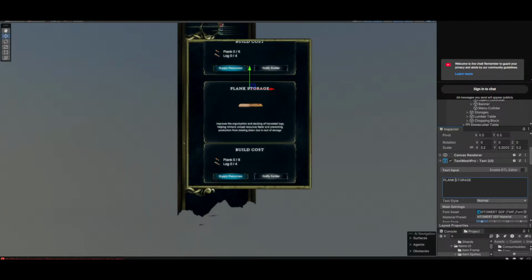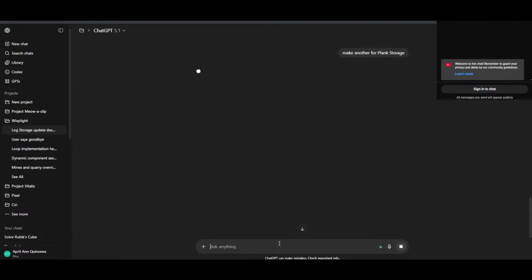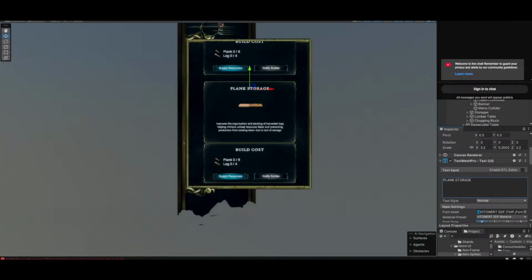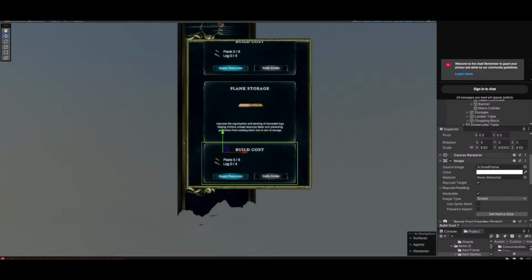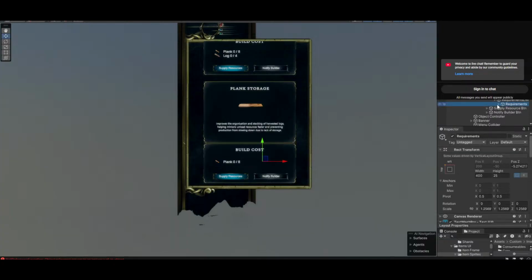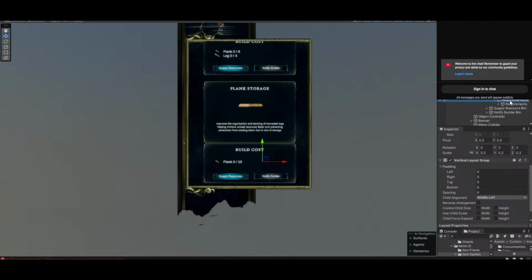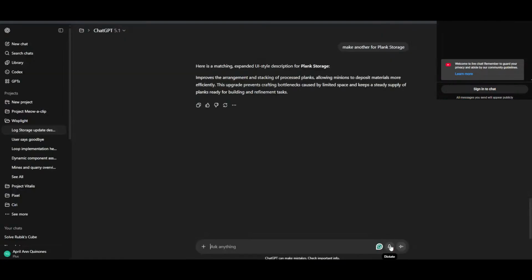There, and then let's ask GPT, make for plank storage. Okay, these are just placeholders. We can improve this later on, but for now we'll just go with this. So build cost will be just 1, so it will just be plank. Then, but it has 10 planks, like so. Okay, so